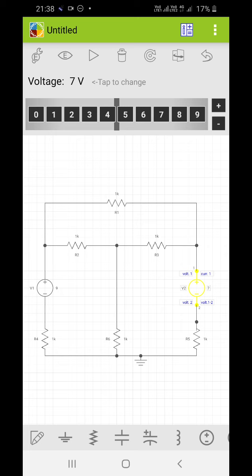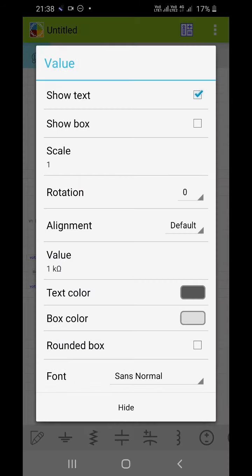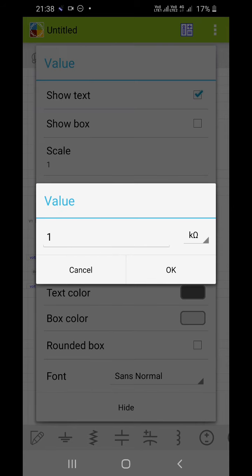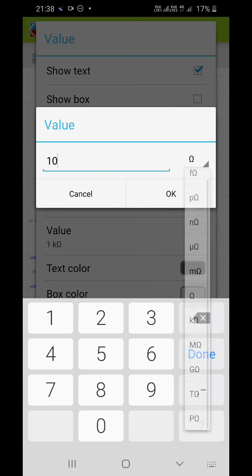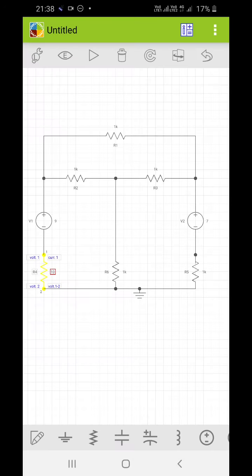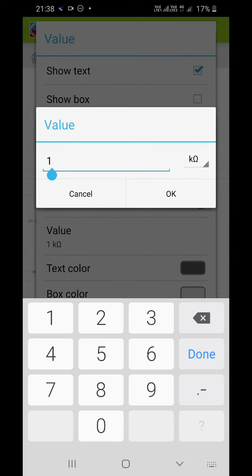Then I will change the resistance value. Here I want a resistor of 10 ohm, so I will change the value to 10. I will change the unit to ohm, so 10 ohm. This I want as 10 ohm again, so I will again click on this. I will change this value to 10.